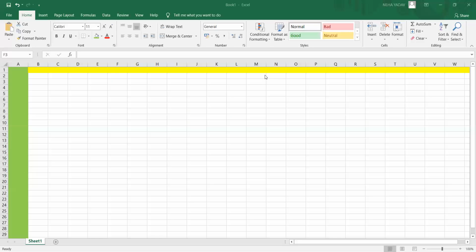Children, all of you are studying maths. You are studying the formulas, right? So a formula is something that you write, you do it yourself. That means if I have to apply a formula of addition, I'll be writing 2 plus 2 equals 4. So I'm writing everything. And a function is the same thing, but it is ready made. If you apply sum, there will be a function sum. Once you use that sum function, it will automatically perform the same operation. It's just that you don't have to do everything yourself.